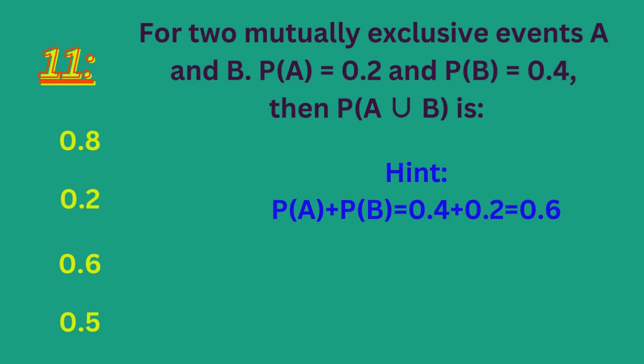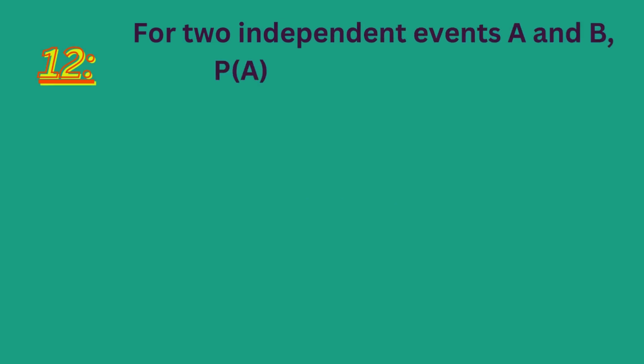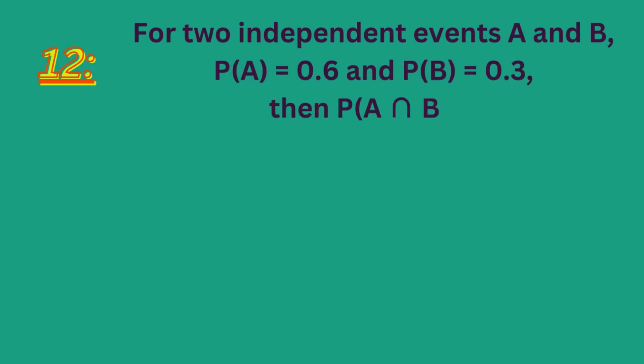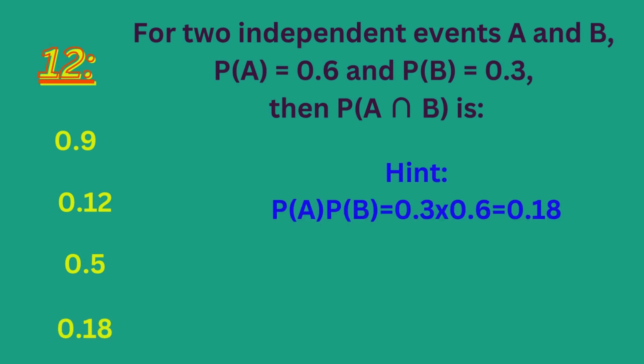The right answer is... For two independent events A and B, probability of A equals 0.6 and probability of B equals 0.3, then 0.9, 0.12, 0.5, 0.18. The right answer is